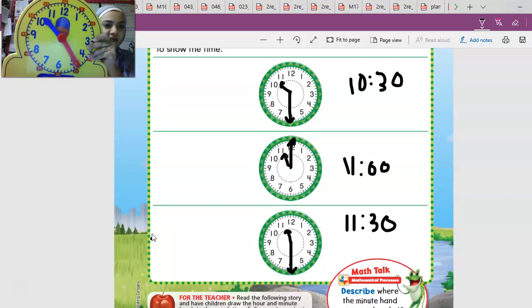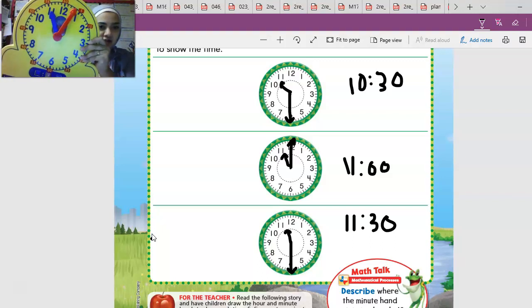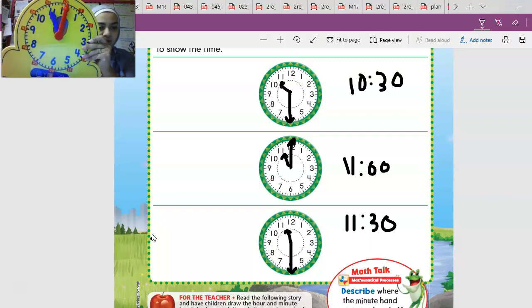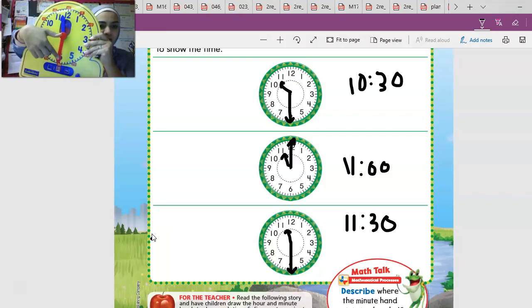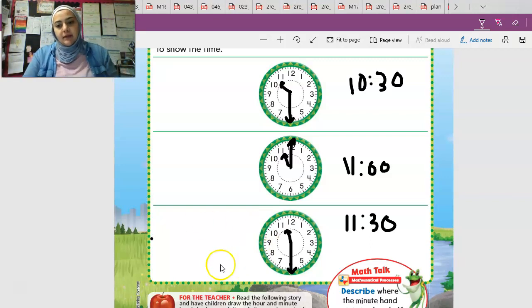What does it mean when the minute hand points to the 7? So if the minute hand points to the 7, then it's what? 35. And I know that because I'm counting by 5 starting at 12. The hour hand points between the 10 and the 11. The minute hand points to the 7. So if I look at this clock right here, the time is